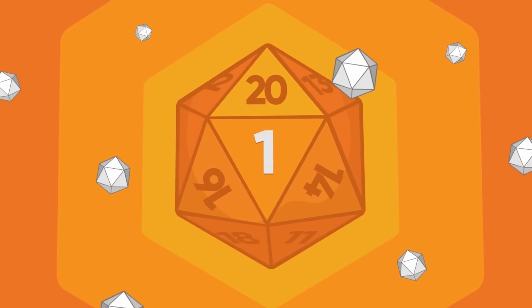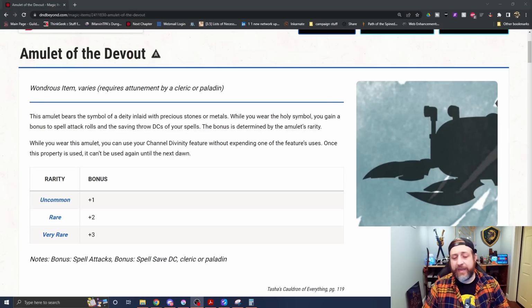Number 1. And lastly, we have the Amulet of the Devout. That is a varied attunement based on what level it is from Tasha's Cauldron of Everything. We have 3 variations: uncommon, rare, and very rare, with an associated +1, +2, or +3 based on whatever the